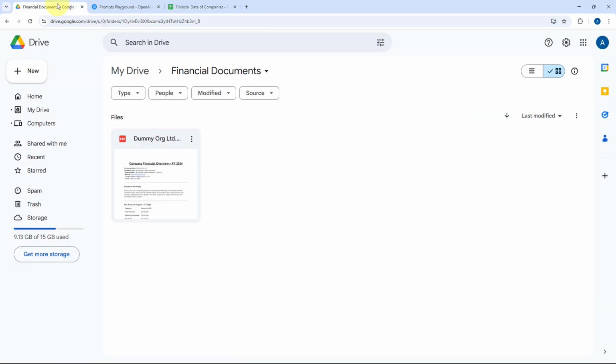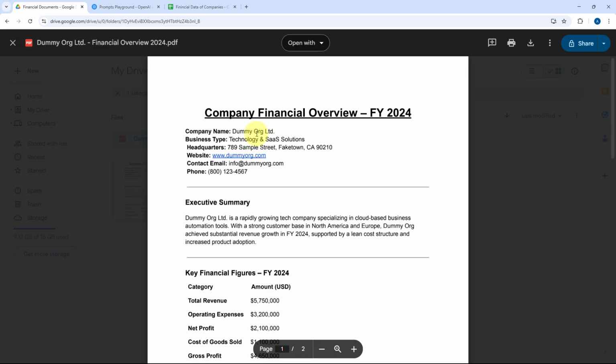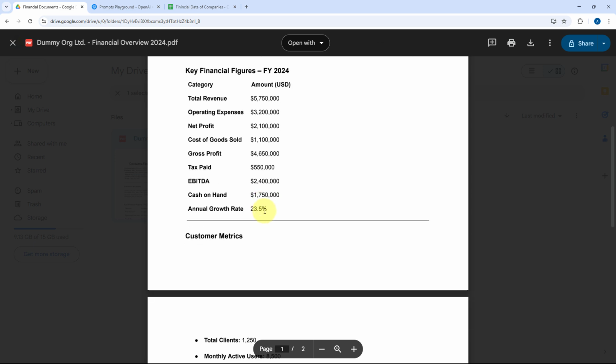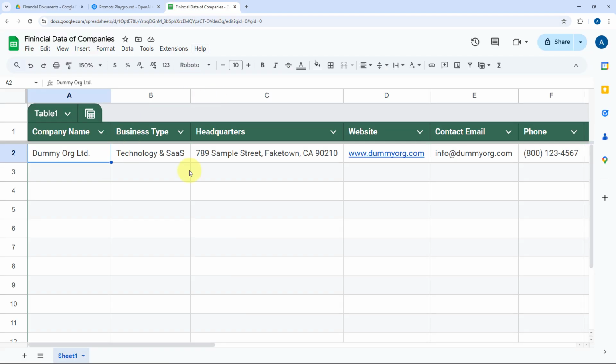So here you can see that the document which we have uploaded, the company name was dummy org over here. These are the company details and these are the financial details. And the same data is added in our Google spreadsheet as well using this AI agent which we have built. Now this AI agent is built using Pabbly Connect, and in this video, I'm going to show you the step-by-step process of how you can build this AI agent